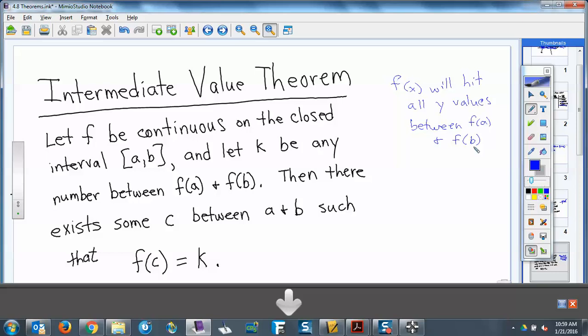If you get a y value that's positive and then you get a y value that's negative, the intermediate value theorem says if that function's continuous, you have to hit all the y values in between them at some point. That's what that's saying. You'll hit all the y values between f of a and f of b. Now, what you got to be careful of is,